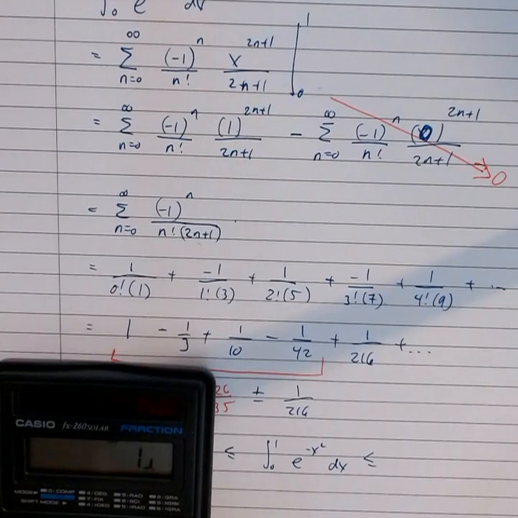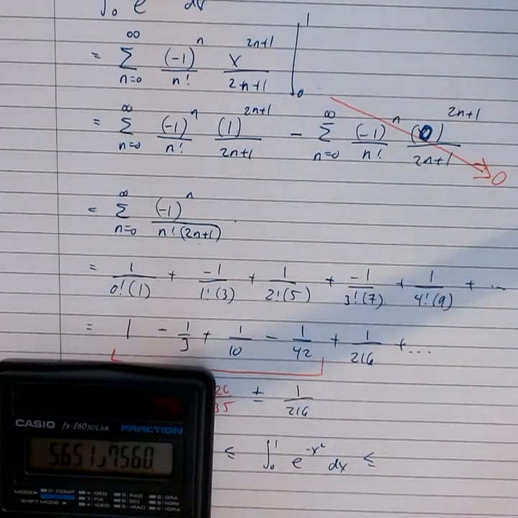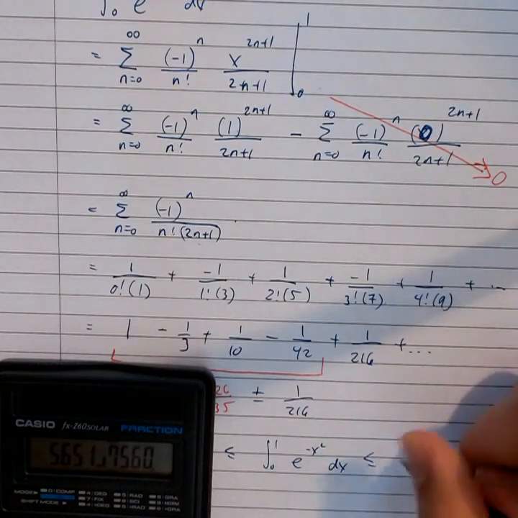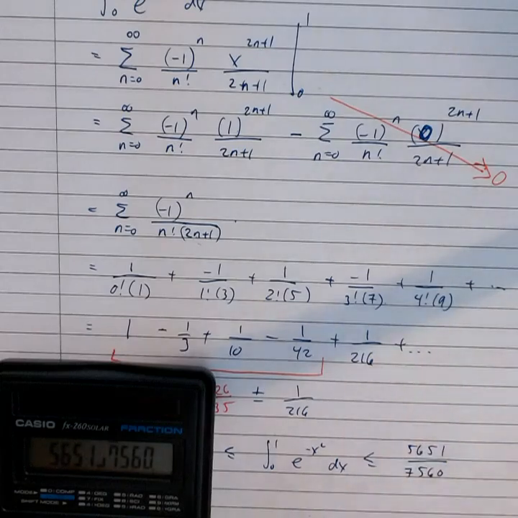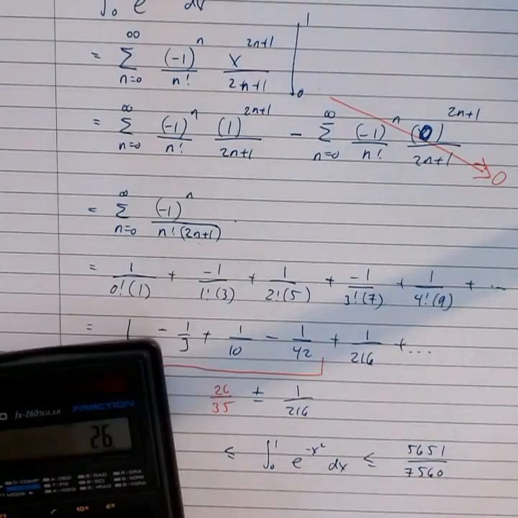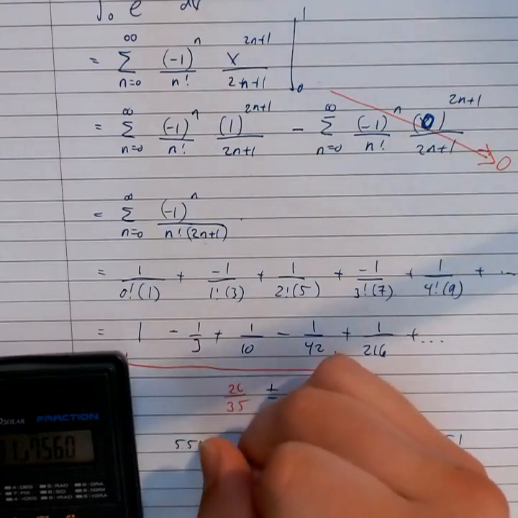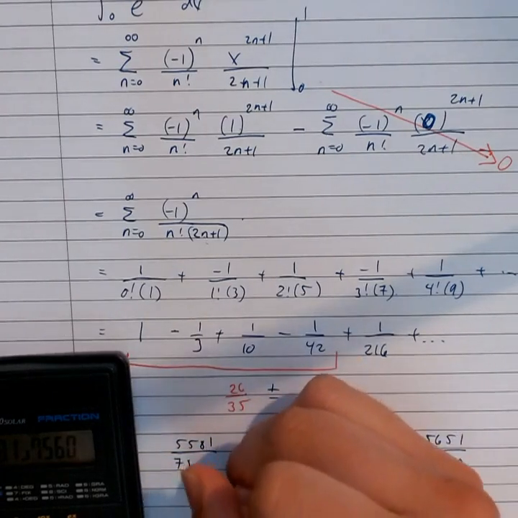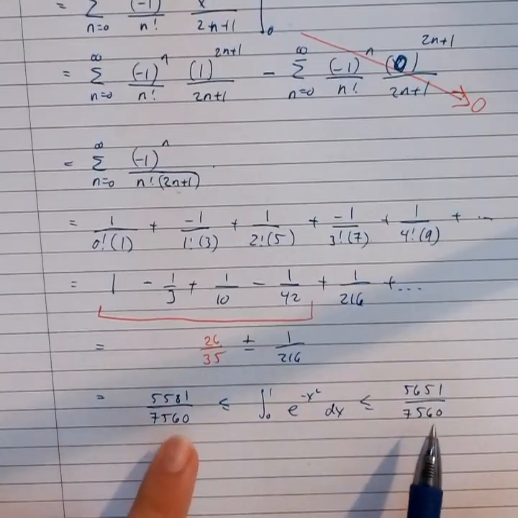over 216. That's going to give me, that's an interesting number, isn't it? 5,651 over 7,560. And if I take 26 over 35 and I subtract 1 over 216, I'm going to get 5,581 over 7,560. So I don't know exactly what this integral is, but I know it's somewhere in between those